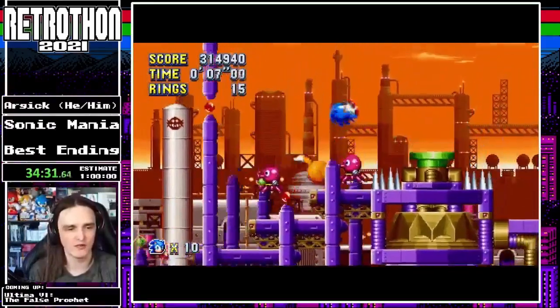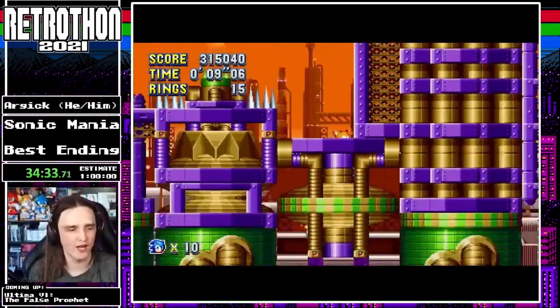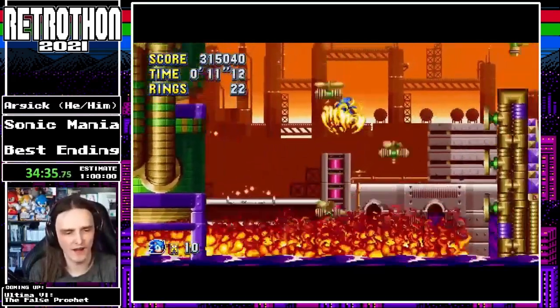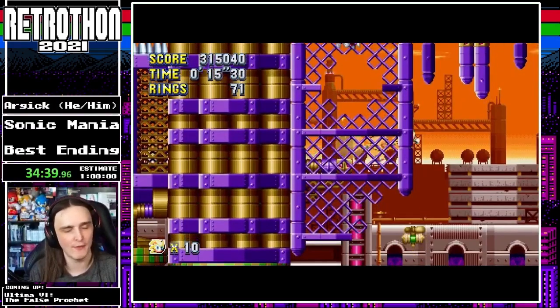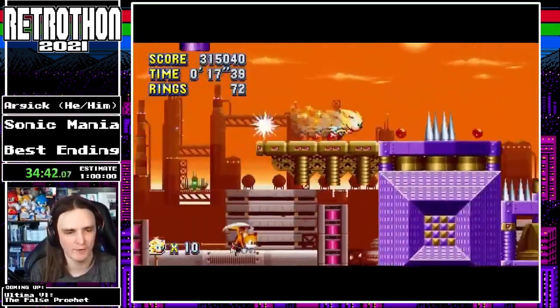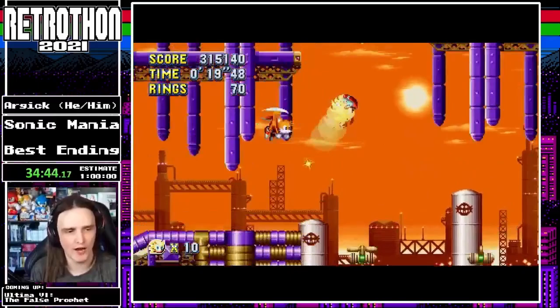Tails grabbing those extra rings first, which was nice. Going to go through, getting the fire shield, and then setting the oil on fire. Nice little cosmetic touch there. Will also damage Tails, though, unfortunately. Grabbing ourselves the big ring for Supersonic allows us to jump back all the way up to the top right